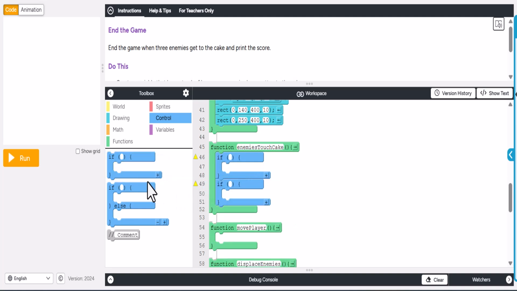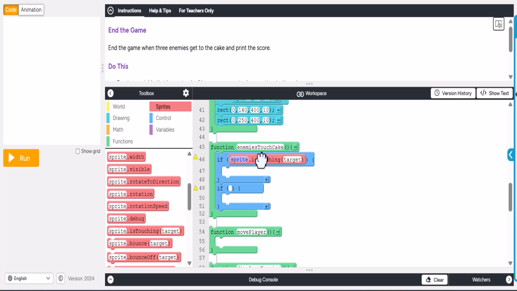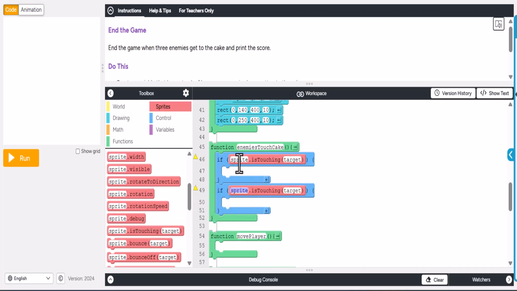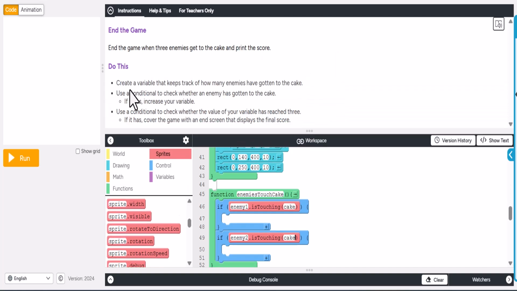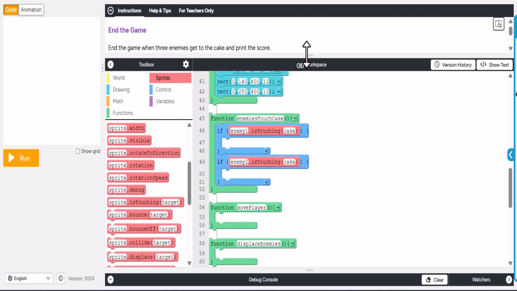Okay, and we're going to do is touching. So we're going to go to sprites and is touching for both of these. So if enemy 1 is touching the cake, and then let's do this for enemy 2. If it's touching the cake, then we want it to do a couple of different things. What does it say we want to do? Create a variable that keeps track of how many enemies have gotten to the cake. And then we don't know how many, but let's say we're going to subtract 2 from it. All right, and then we also have